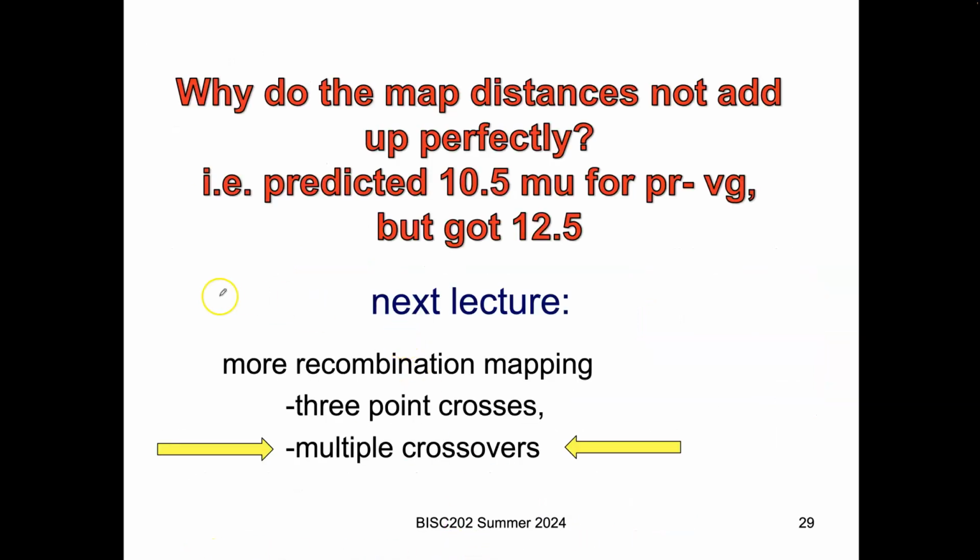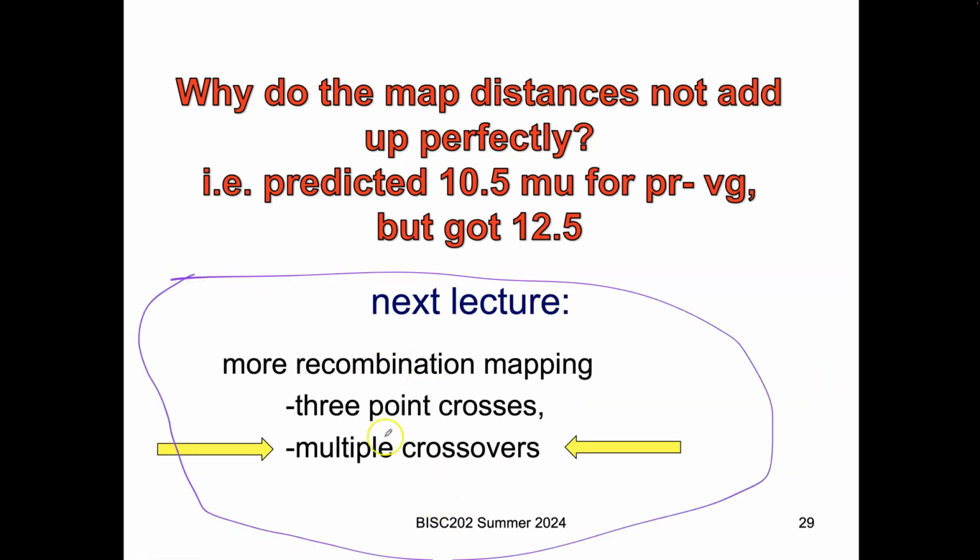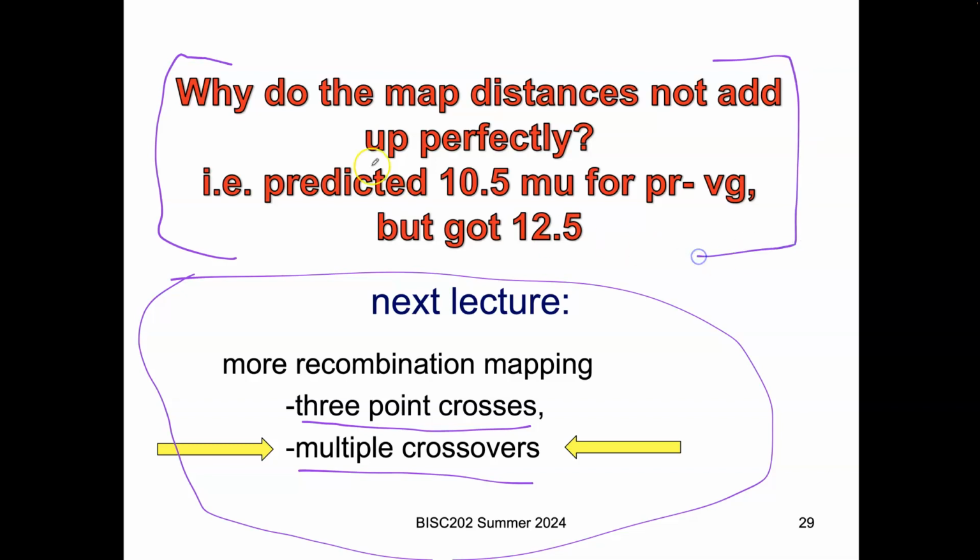And so in the next lecture, we're going to talk a little bit more about recombination mapping, and we're going to talk about 3-point crossovers. So that's crosses where you've got trihybrids, heterozygous for 3 different genes. And we're going to talk about the concept of multiple crossovers. And so before that lecture, and I probably will have some kind of little exit slip or something in the lecture for this,